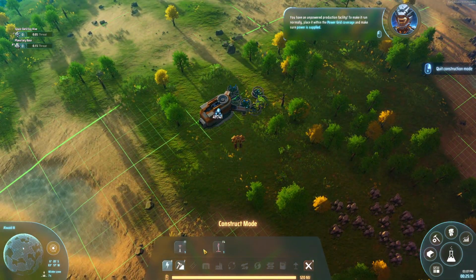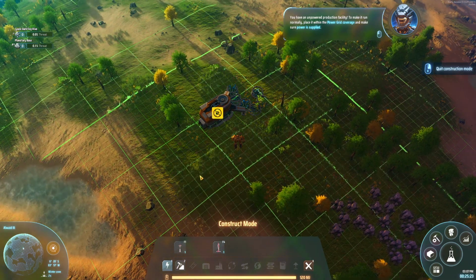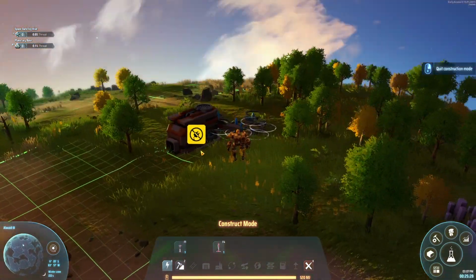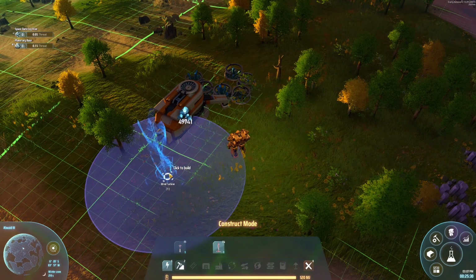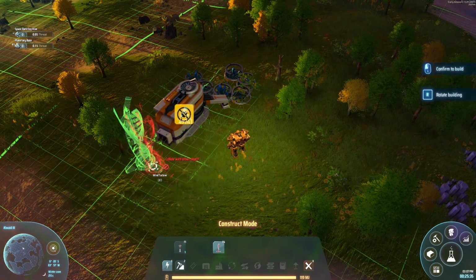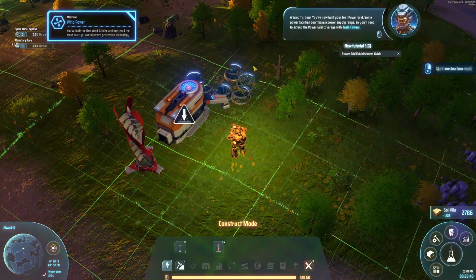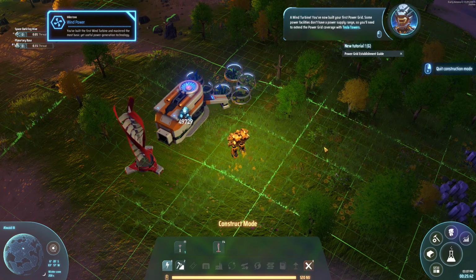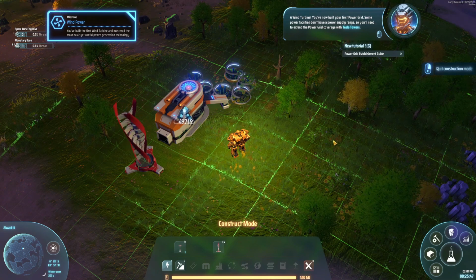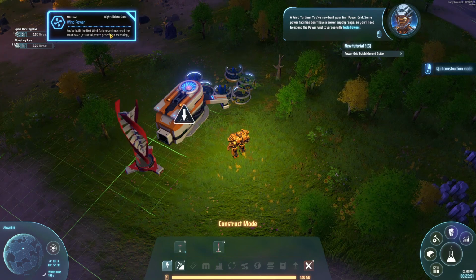Let's start with that. Let's build a wind turbine. That's a primary power generator, right? So we'll start with a turbine. We'll just put it right here. A wind turbine. You've now built your first power grid. Some power facilities don't have a power supply range, so you'll need to extend the power grid coverage with Tesla towers. Okay, you've built the first wind turbine and mastered...